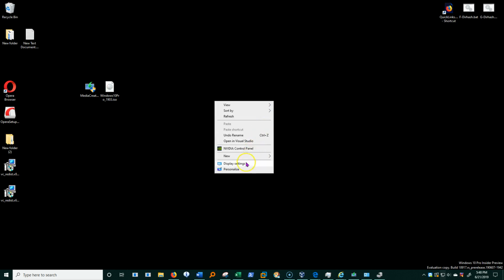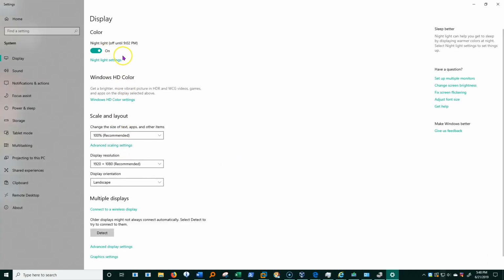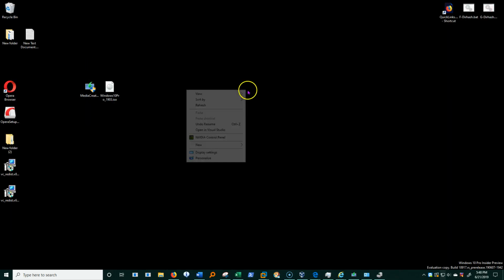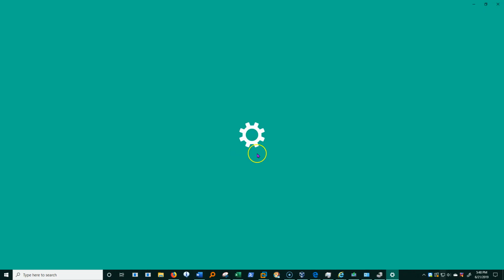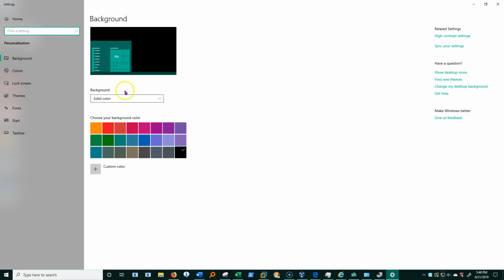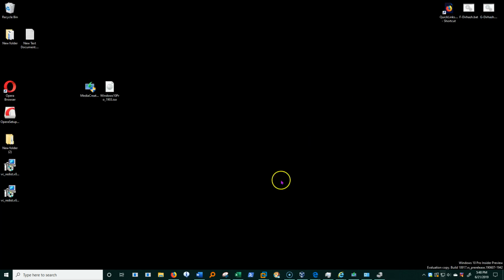I'll right-click the desktop, I'll click Display Settings. That will take me directly to here where I just was. Or I'll right-click and say Personalize, and that will take me over here where I can set up the background and colors and all of that kind of thing. Lock screens, themes, that we'll talk about later on in personalization. I believe that's in Module 2.